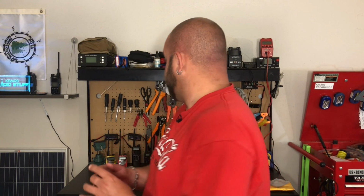And it's this tiny little dongle. So it's pretty awesome. I've been playing with it for a couple days and it actually works. And I'm going to show you what radios that I have that it currently works for. It doesn't work for all the Baofengs yet, but they are expanding the programming capabilities. But so far it works for 4 different models that I personally own. So let's hop on the bench and I will show you all about it because this works with your cell